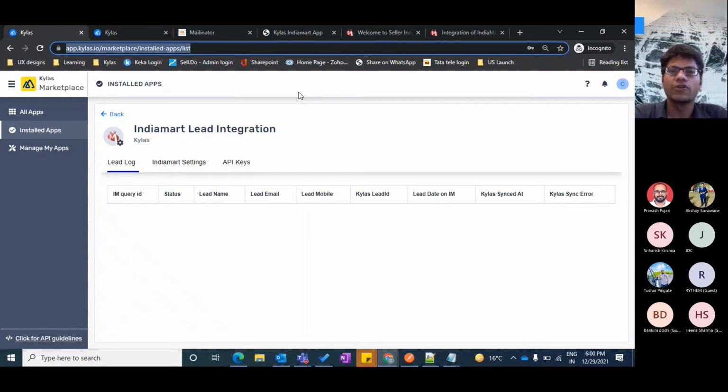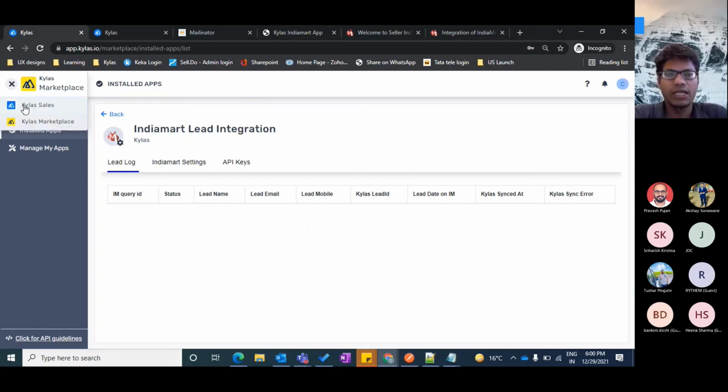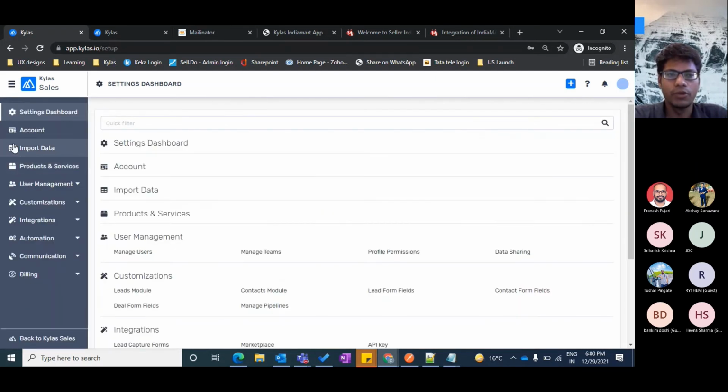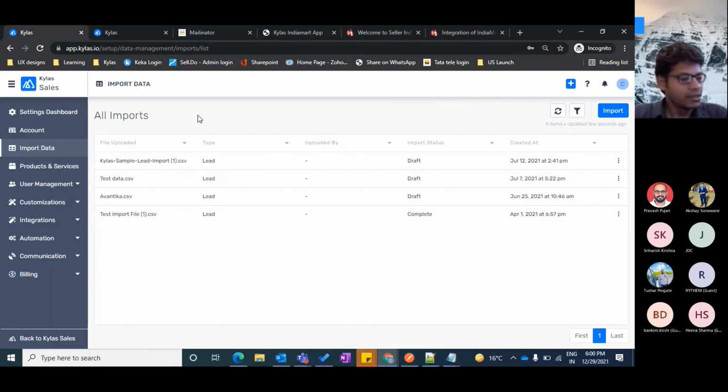And it saves a lot of effort, because imagine if this application didn't exist, you would have to get the CSV from IndiaMart maybe every day or every week, whichever cycle you have, and go to import and import that data. That naturally brings some delay between a lead showing interest on the IndiaMart portal and your team starting to follow up that lead. And delay in sales is nothing but you potentially losing a lead, right?